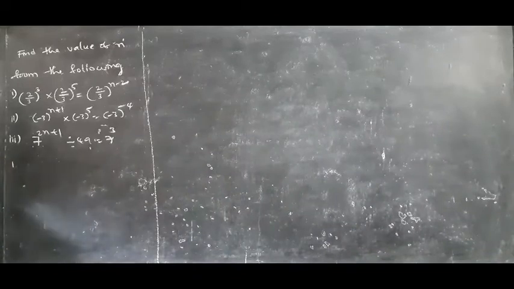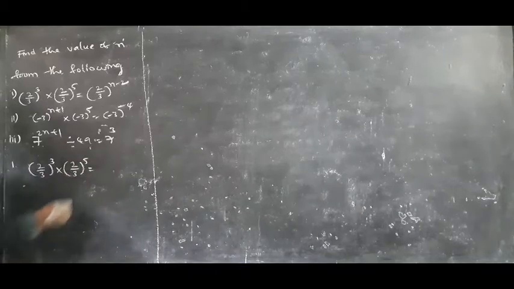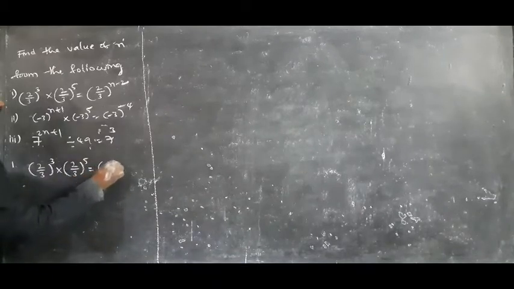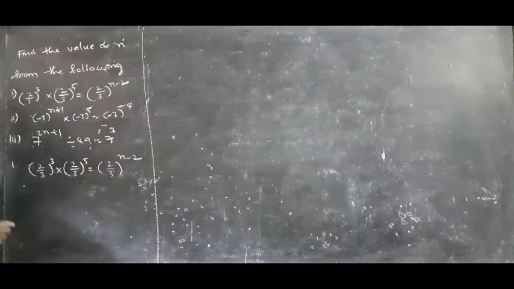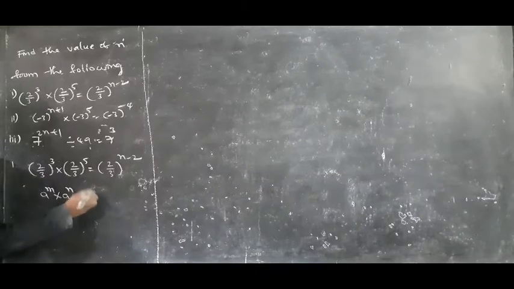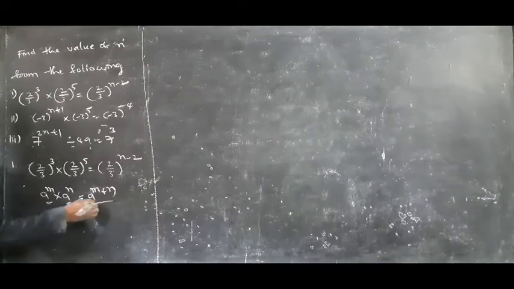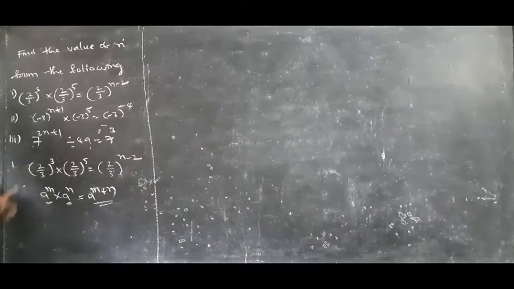What about the first question here? 2 by 3 whole power 3 into 2 by 3 whole power 5 is equal to 2 by 3 whole power n minus 2. So here I am going to apply the law of exponent: a power m into a power n is equal to a power m plus n. So by using this law of exponent, we can write